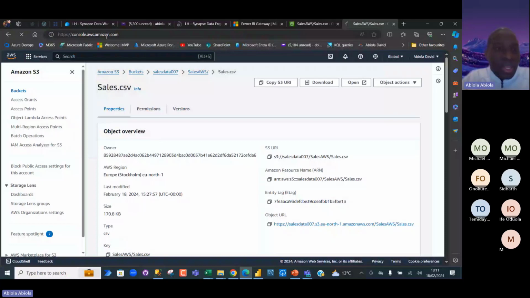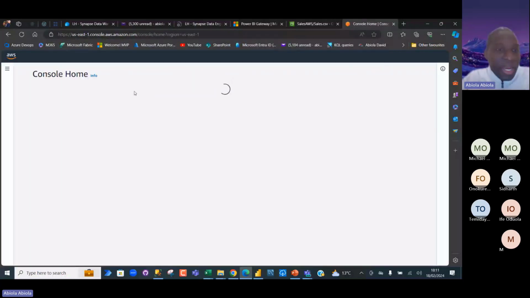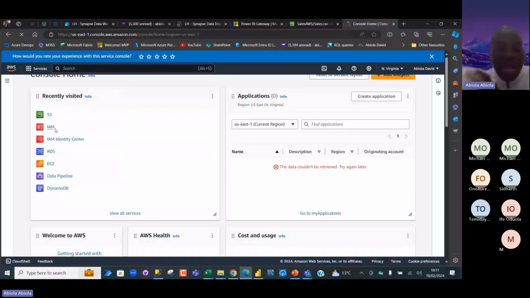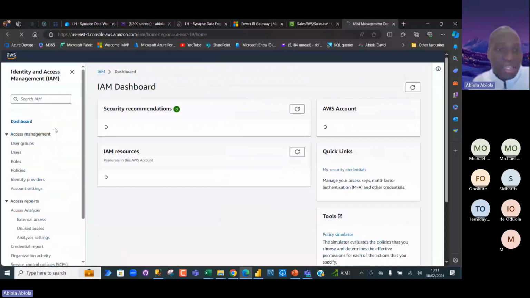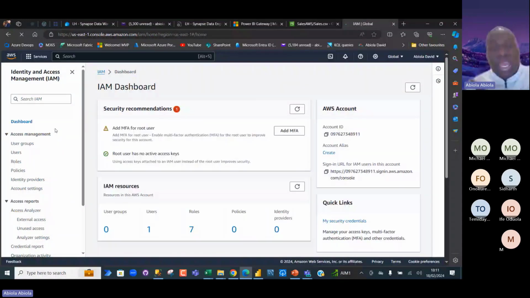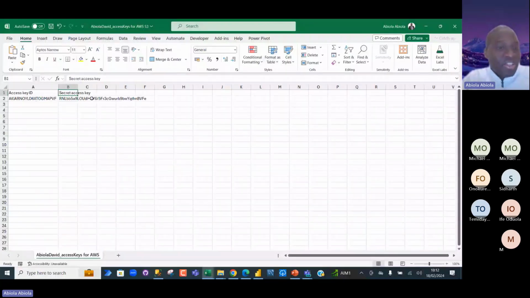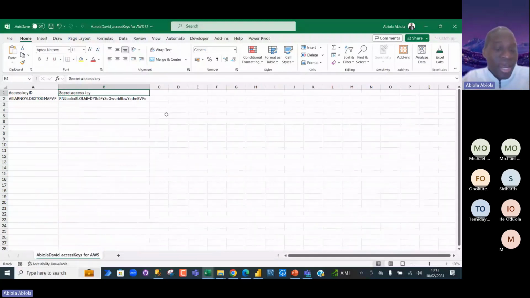Now there's a service called IAM. So when I click on this IAM, this allows us to create a security account within our AWS service. So this is called the Identity Access Management. Now, I've got a video on this specifically. Now, to get data from the bucket from the AWS S3, I've got to provide some credentials. So I've got the credentials here just for this training purpose. We need the access key ID and the secret access key. So I've got a separate video on how to go about setting this up, but because of time, I'm not going to be looking at how to create that.